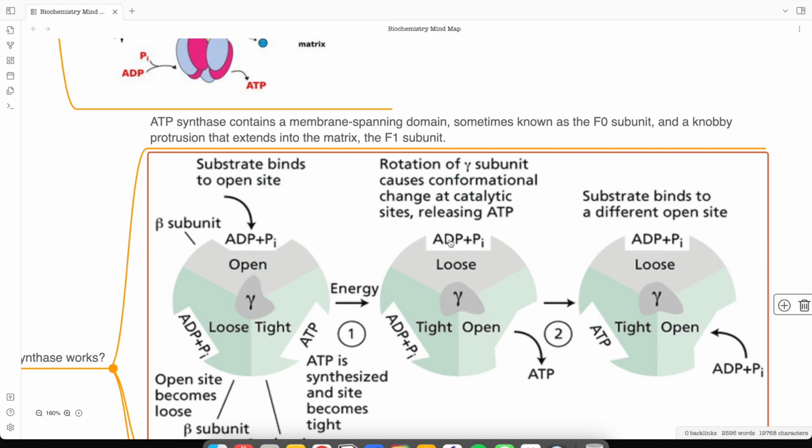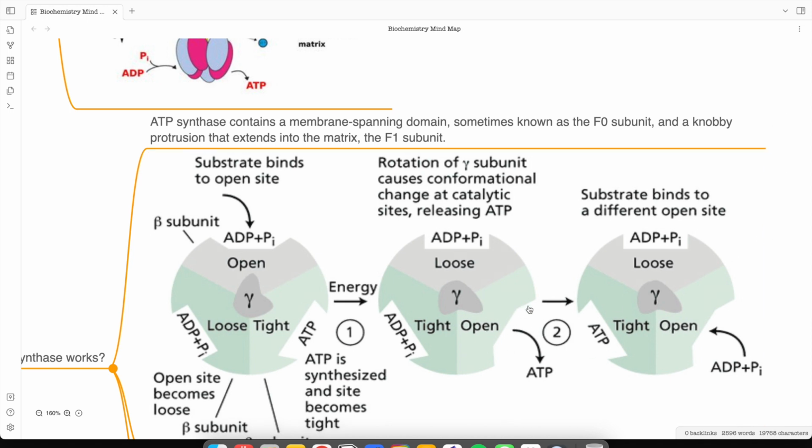And again, we have the loose configuration and ADP and Pi. This ADP and Pi, which was just introduced in the previous step, is now facing the loose configuration. That means ADP and Pi have started interacting with each other loosely. And then a second reaction occurred. In the second step, this open configuration is now empty because ATP has already been released, and so